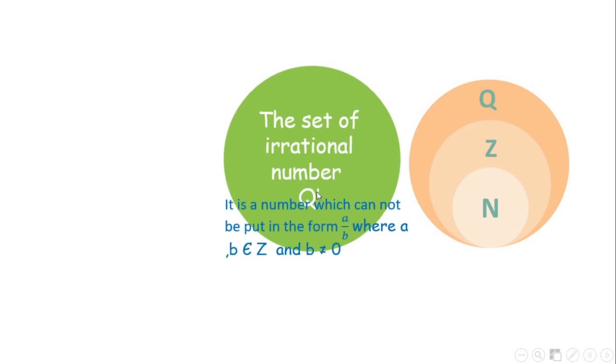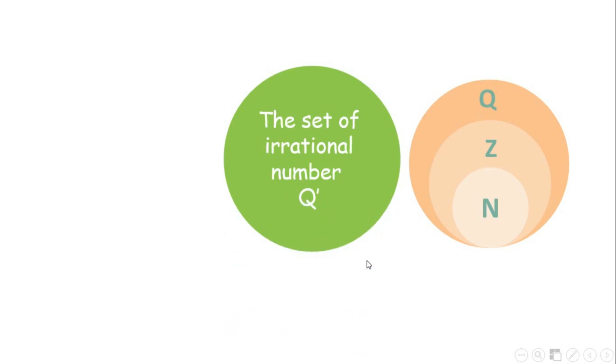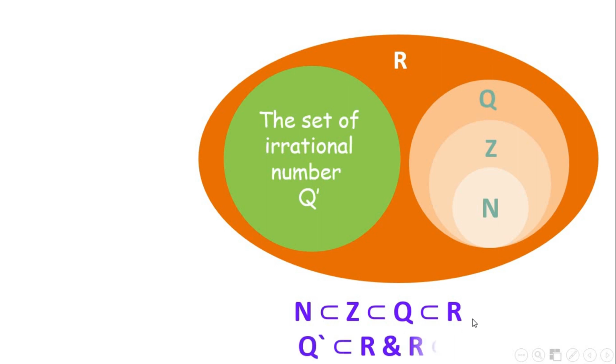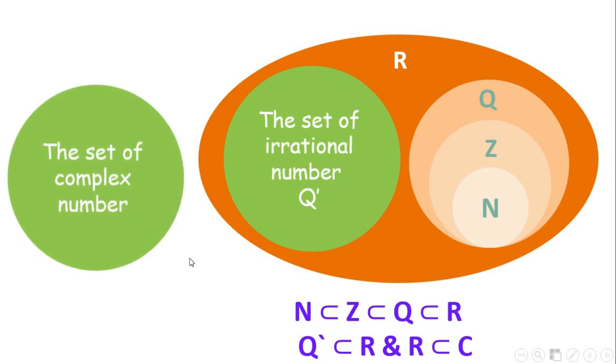The set of irrational numbers Q dash is a set of numbers that cannot be written in the form a over b, where a and b belong to Z and b is not equal to 0. The set of real numbers contains Q dash and Q. So N is a subset of Z, Z is a subset of Q, and Q is a subset of R. Q dash is a subset of R, and R is a subset of C. The set of complex numbers